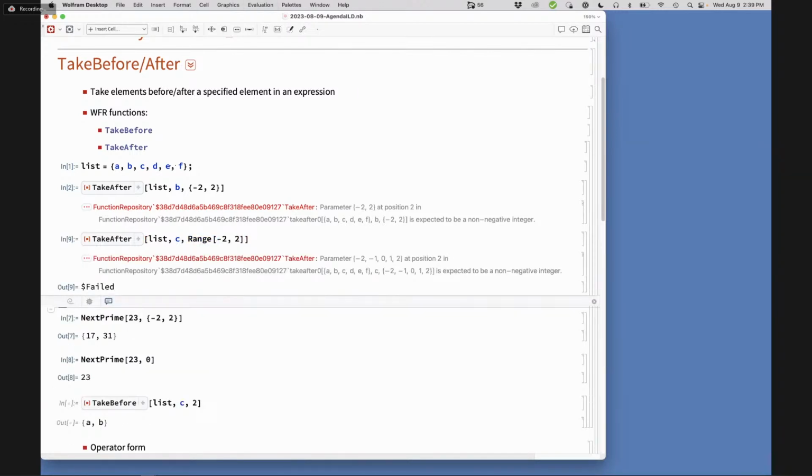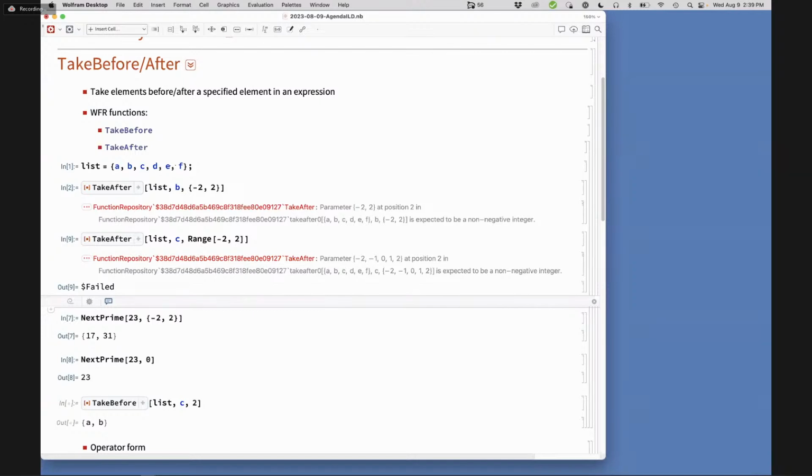It doesn't like it. But I'm not even sure that take after and take, from a design point of view, we could make it like it. Shouldn't we follow the precedent of take, not next prime? -2 is the span. It's not a list of indices. Yeah, but it will be the wrong span because -2 means from the end of the list. It isn't the right span. It would mean before the anchor point.